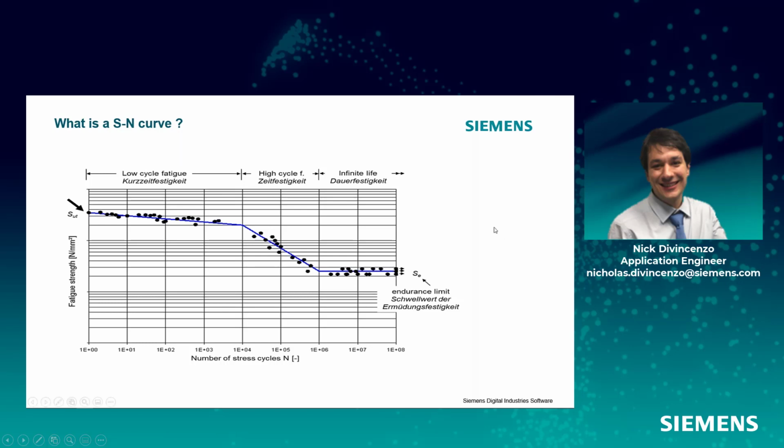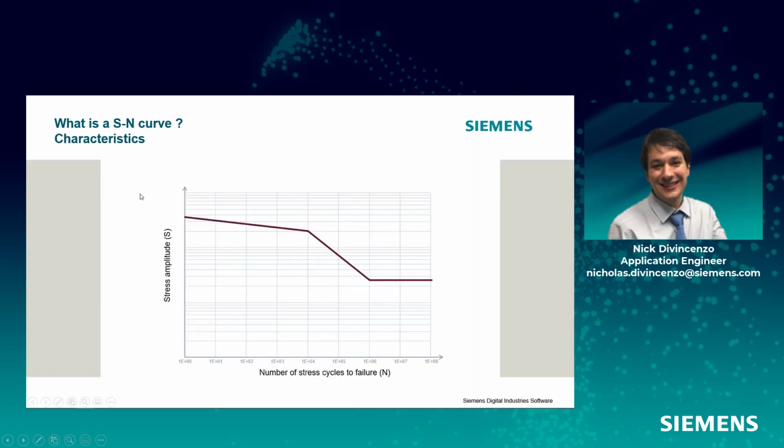Let's talk a little bit about an SN curve and what these different regions of the SN curve are. So we have stress amplitude on the y-axis and the number of cycles to failure on the x-axis here. And what this SN curve tells me is, at a particular stress level, how many cycles at that stress level could my part undergo before it